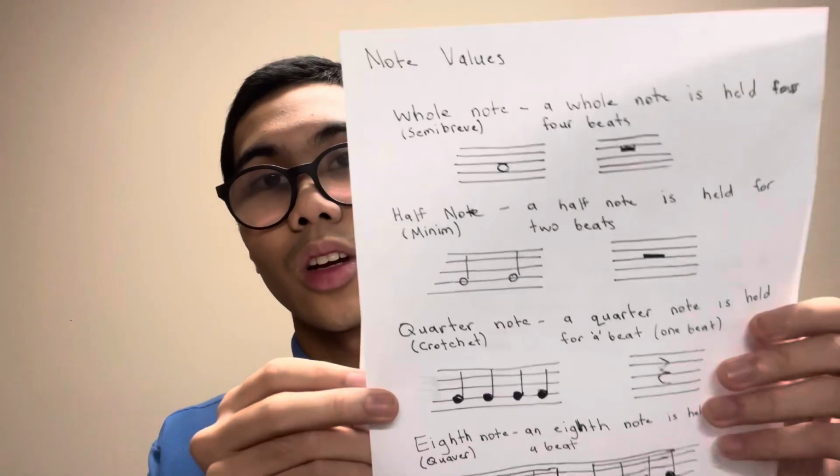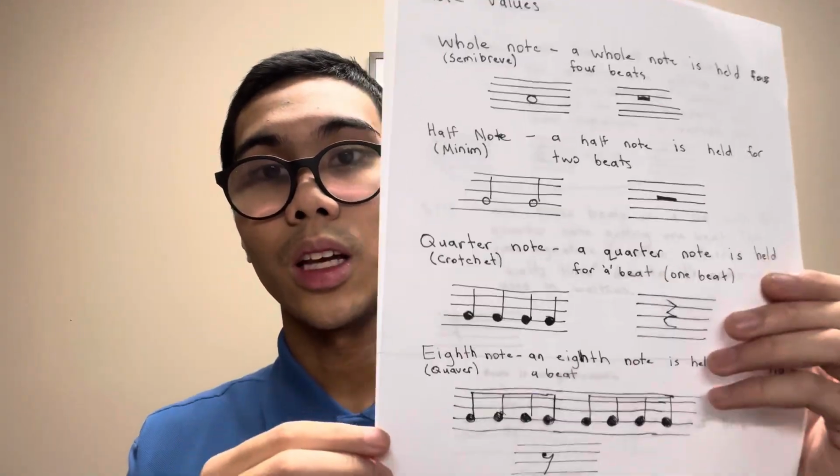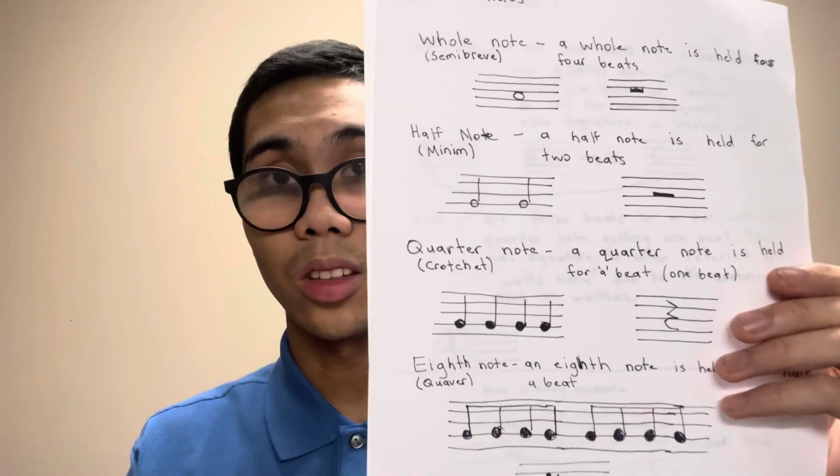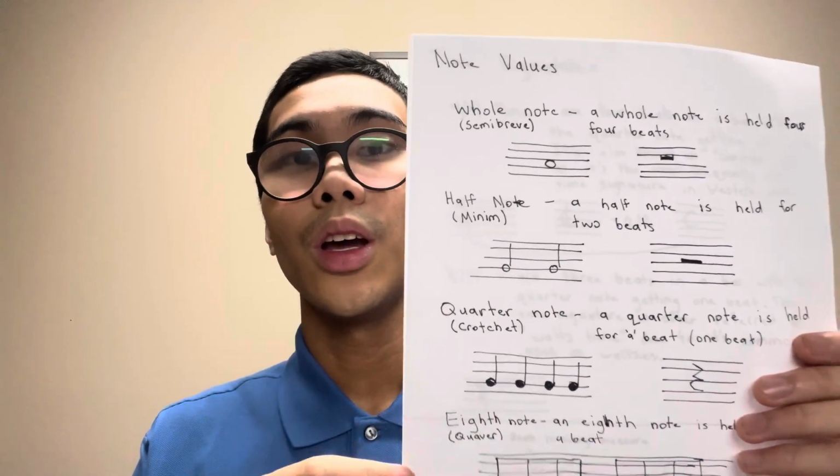Now we move on to the finale, and that is to practice your note values and the time signatures. It's pretty simple. For your note values, just imitate what I did when I showed you how the note values sound. Start from the slowest, which is the whole note, and then go on to the fastest, which is the eighth note. Once you're comfortable with all the note values, you can practice all of them together. For the time signature,